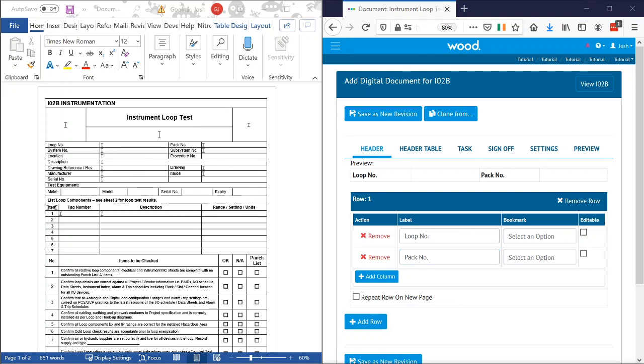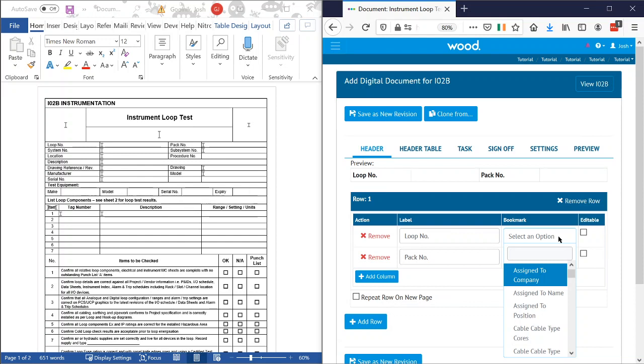And then I can choose what the bookmarks are in there. This one's going to be the loop name. It's obviously called loop number here, but for us, any identifier is called name just for consistency. So that's something that you'll notice in there. So if we go tag loop name,